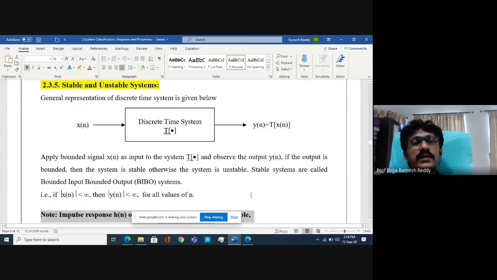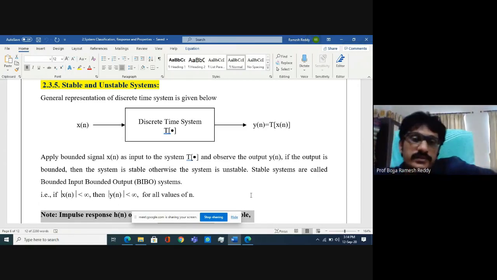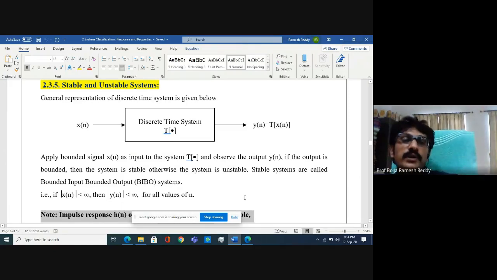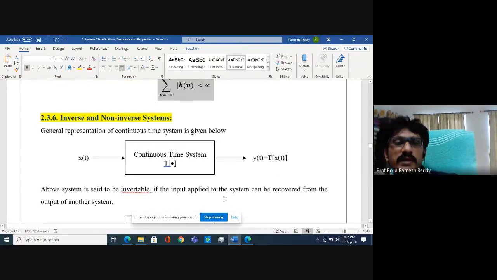We have to design a good system. That good system must be stable and causal. For every stable system, give good input and observe the output. A good lecture is input to the system. You have to give a good lecture, good teaching to the system. Then output may be good, may not be good. If the output is good, then the particular system is called stable. Otherwise, unstable.